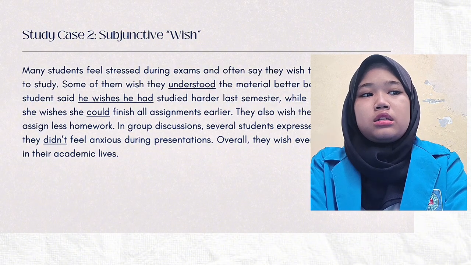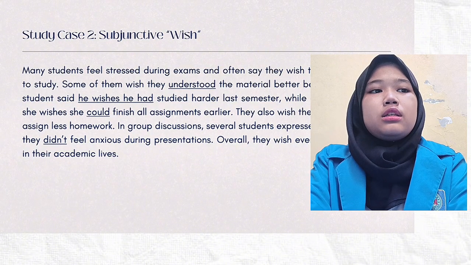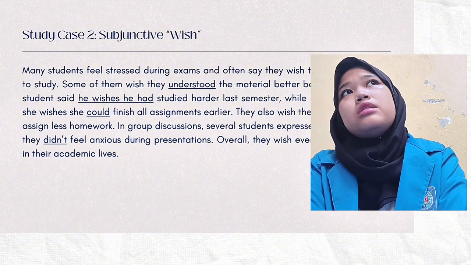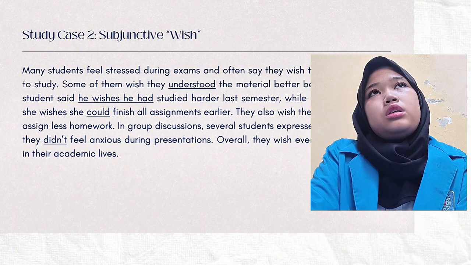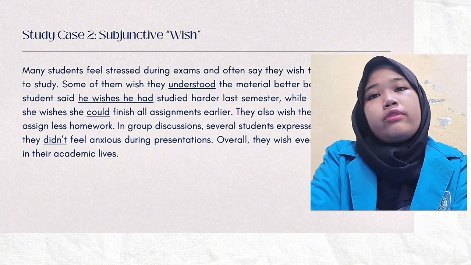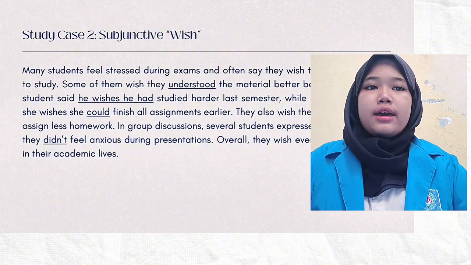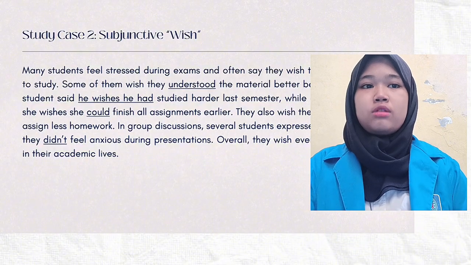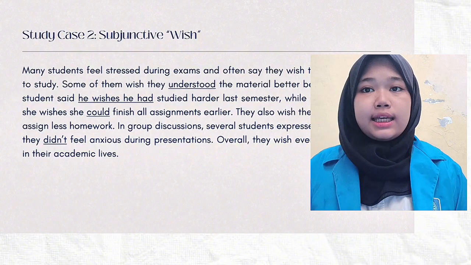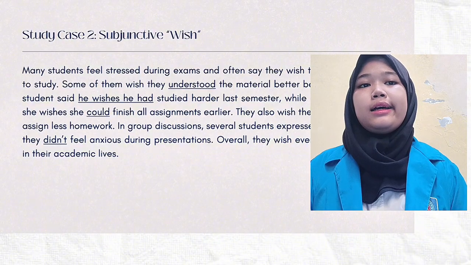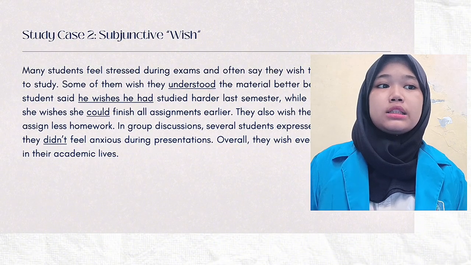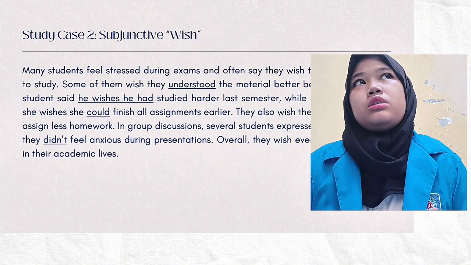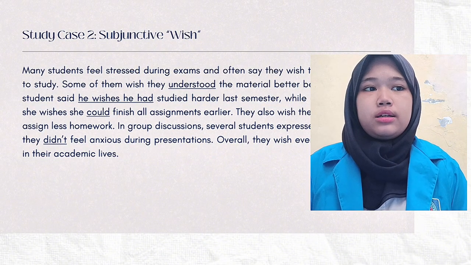Because "mentioned" is already clear. It's about a past sentence, like what we talked about in the past, like what we wish maybe we can fix. Okay, next, they also wish their instructors would assign less homework. So why I corrected "will" to "would"